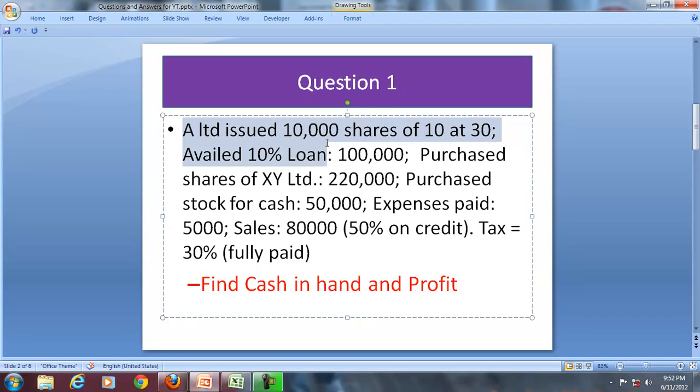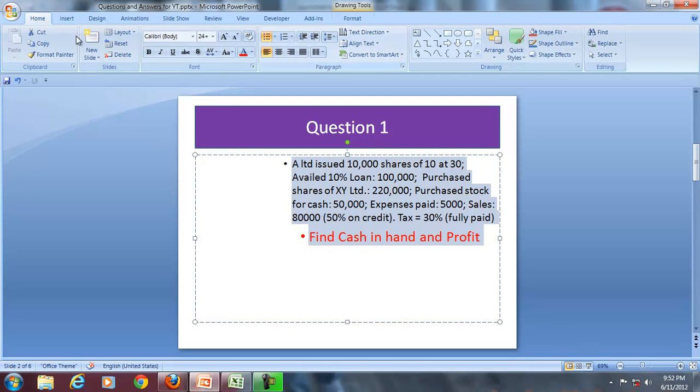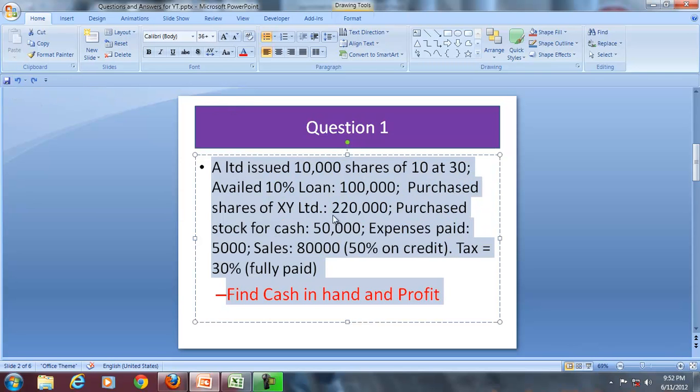And these transactions are: during the period a company issues 10,000 shares of 10 at 30, availed loan and purchase shares and purchase stock, and these stocks are sold for 80,000, and 50% of the sales is on credit, and the tax rate during the period is 30,000. With this information, one is required to calculate or determine profit for the period and cash at the end of